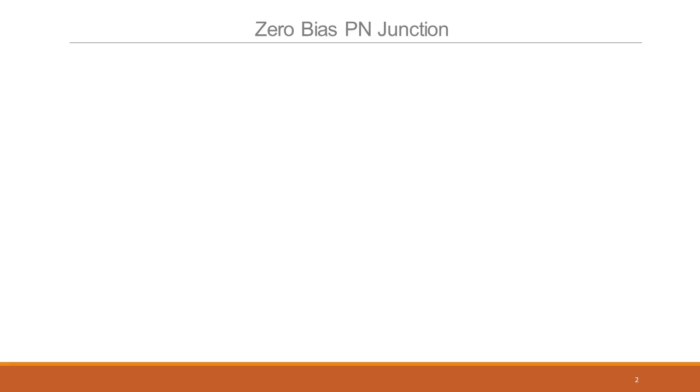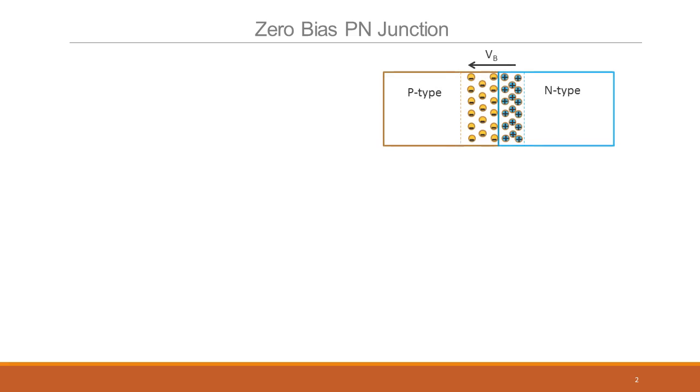This is just a recap of what we did last lecture. Let's say we have a P and N type junction. We saw that there will be a depletion region formed and a potential drop across the depletion region, which can be calculated. We calculated this to be Vt ln Na Nd by Ni square, where Na is the doping concentration of the acceptors, Nd is the doping concentration of the donors, and Ni is the intrinsic carrier concentration in the silicon at that particular temperature.